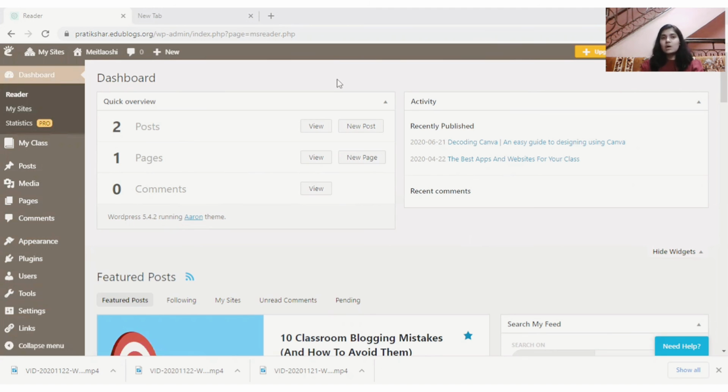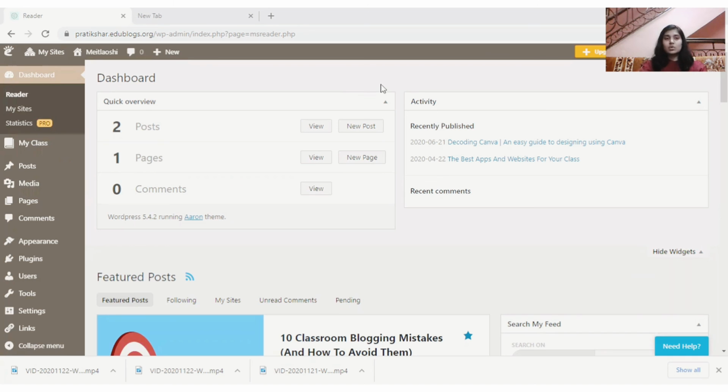So that is how blogging can help your students and you to connect to other teachers, see what resources they've been using, or even for that matter other blogs that you would like on EduBlogs. So that's how you can connect to other teachers.